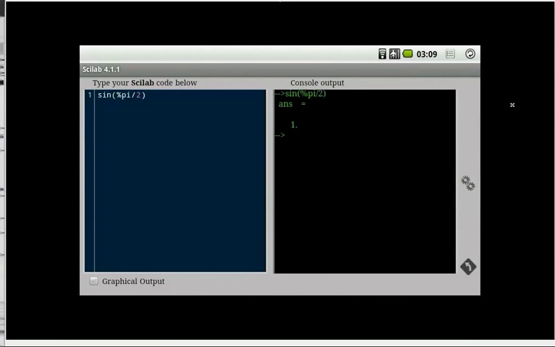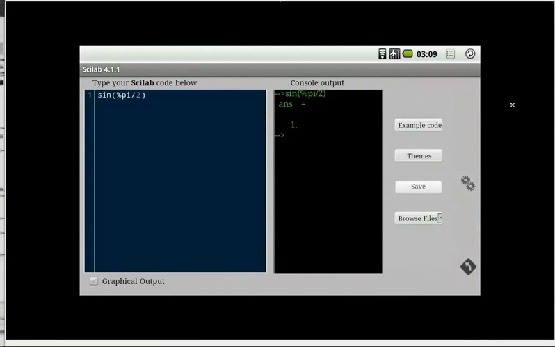At the bottom right, you will find an arrow icon. Press on it. Now you will be able to see three options: example code, themes, and save. There is also a fourth option to browse and open already saved files. Let us press example code